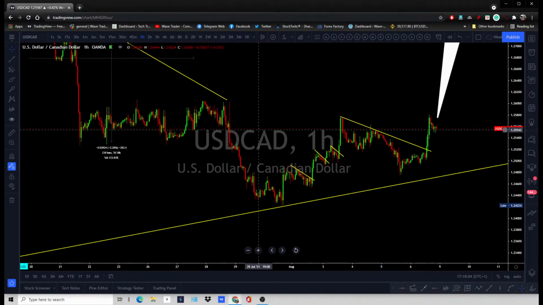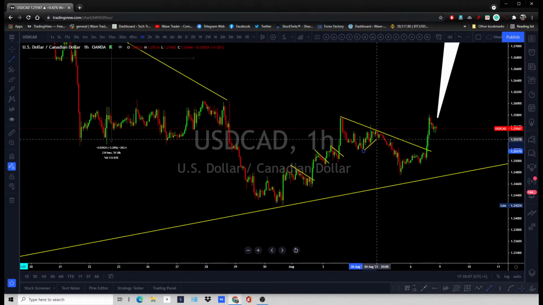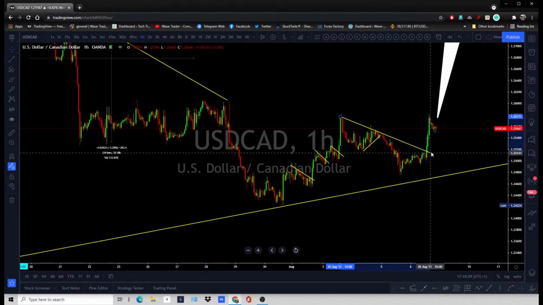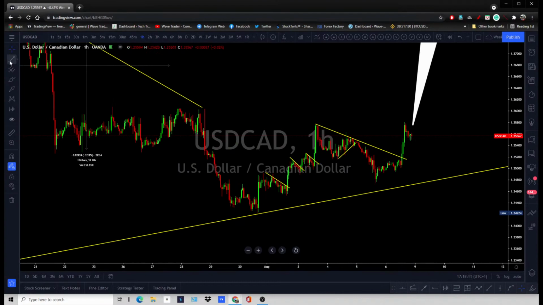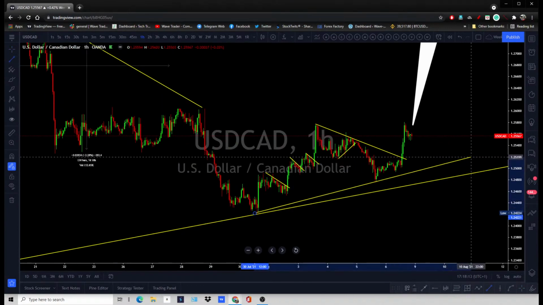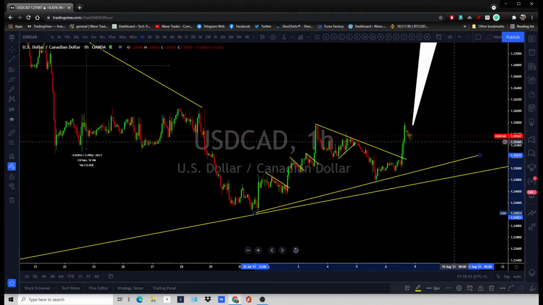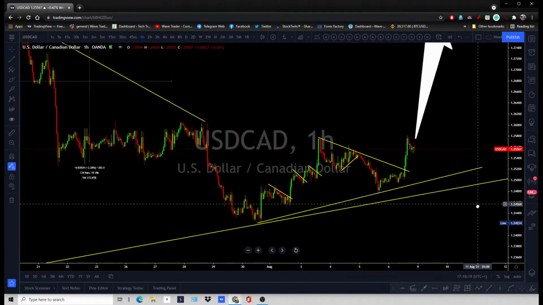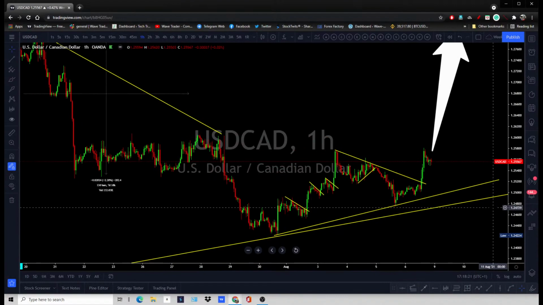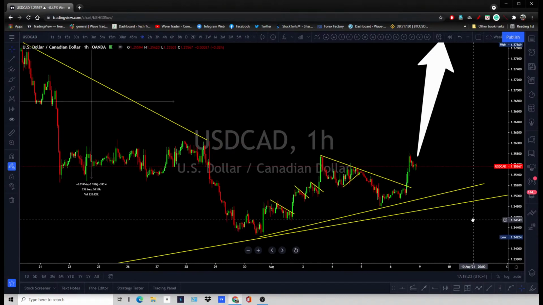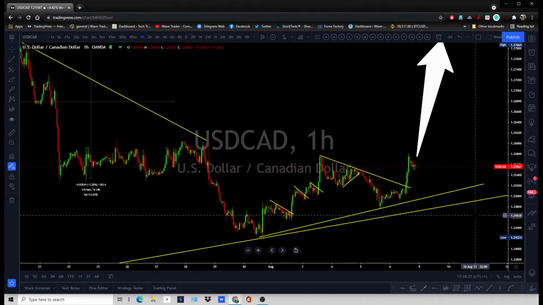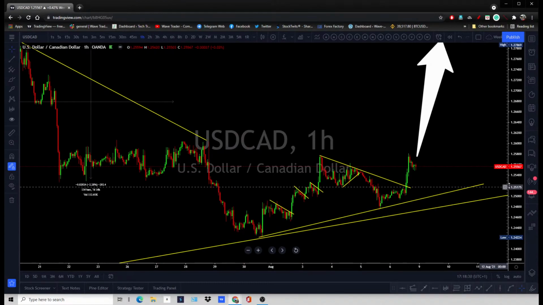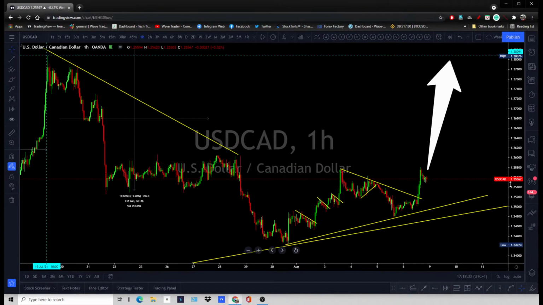We got bad numbers on the CAD last week, the data wasn't good enough. And we got good data on the dollar, but we haven't seen the strength on the dollar against the CAD. So that means there is still an opportunity to catch this pair to push for more upside. Weaker oil prices are going to push this higher. So there is also a correction.